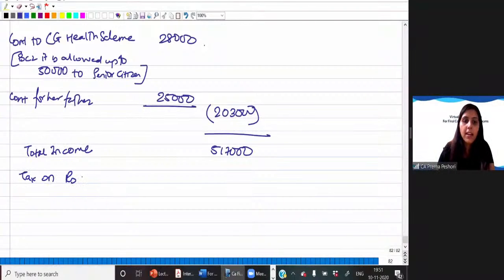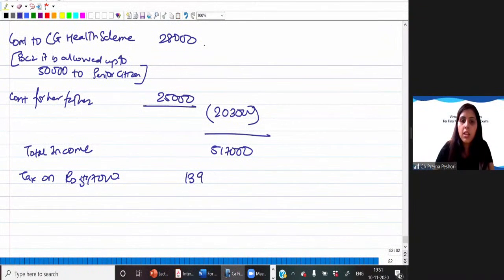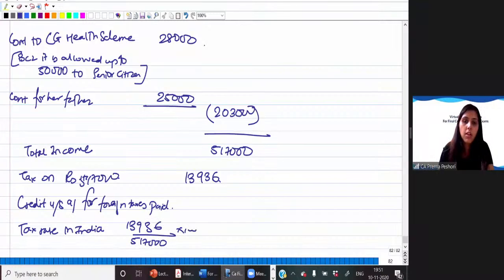Tax on rupees 5,17,000 would be how much? How much is the tax liability they have given? 13,936 including the cess. Now you will allow the credit under section 91 for foreign taxes paid. Clear? In this case, how much will be the credit? You will have to determine the tax rate in India, which will be 13,936 divided by 5,17,000 into 100. Right? The tax rate in India will be the total taxes paid here divided by the total income, and that amounts to